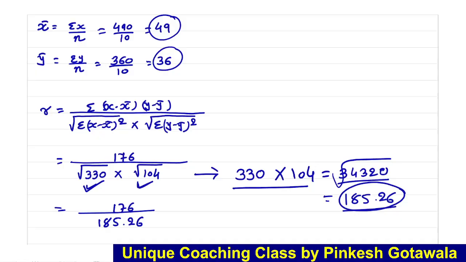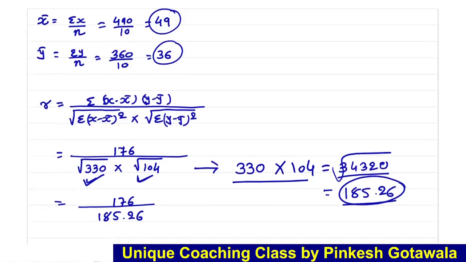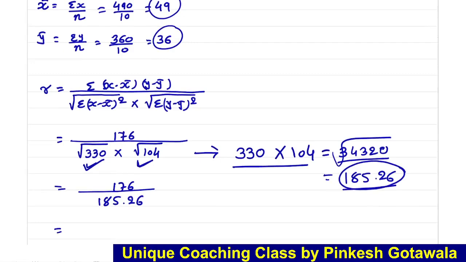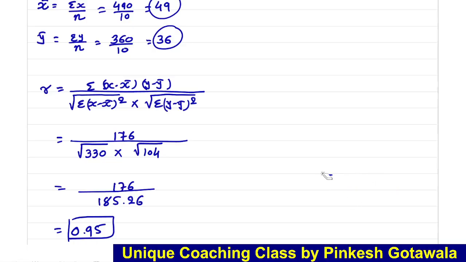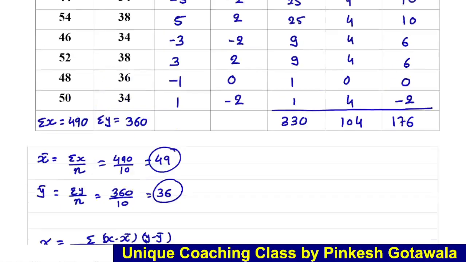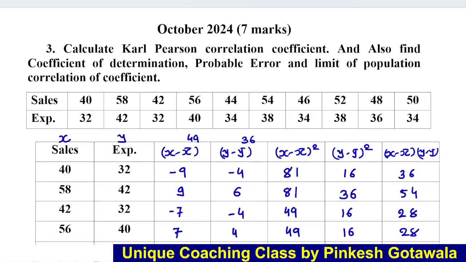So you will get 185.26. You can directly write here and the answer would be same. So this way it can also be calculated. So the answer is 0.95. Now in this question in the October 24 paper, they ask only for the Karl Pearson correlation coefficient, but